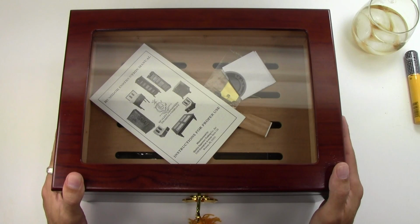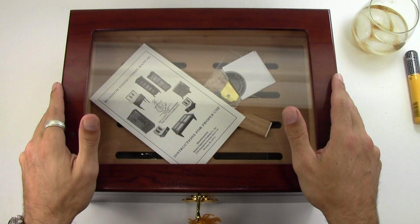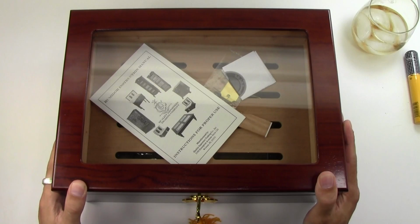Now, I'm not going to get into the whole politics of cigars. Everybody knows they're not good for you, and you shouldn't inhale them, and all that kind of jazz. So, I mean, use your head. So that being said,